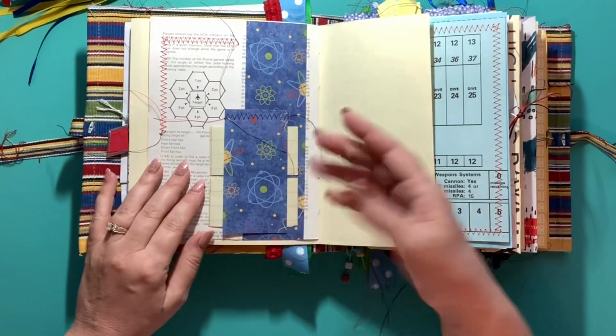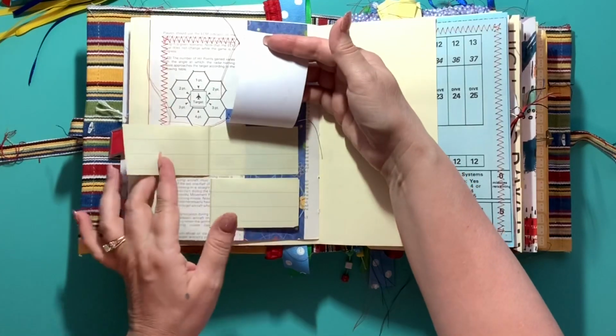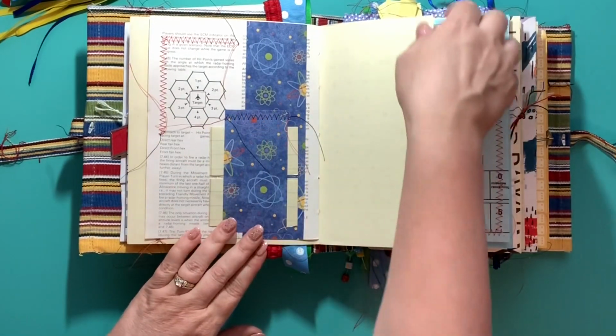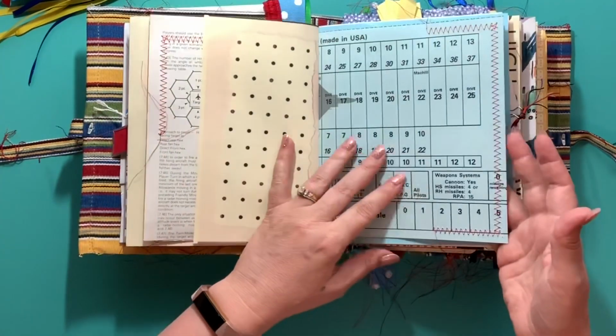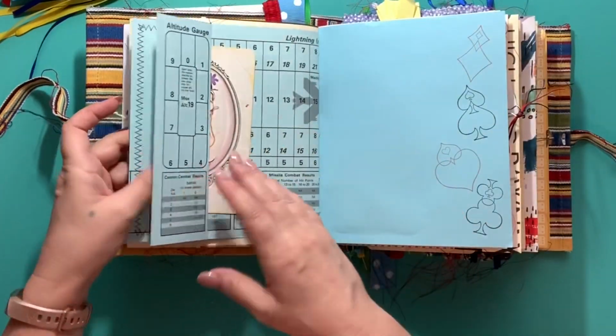Here I have papers, and you flip this up and you've got some extra little journaling places here, and this helps hold that closed. Here's another part of the Dots and Boxes, another part of that instruction sheet, and this is what I call a T-fold. I don't know if that's the actual name or not, but